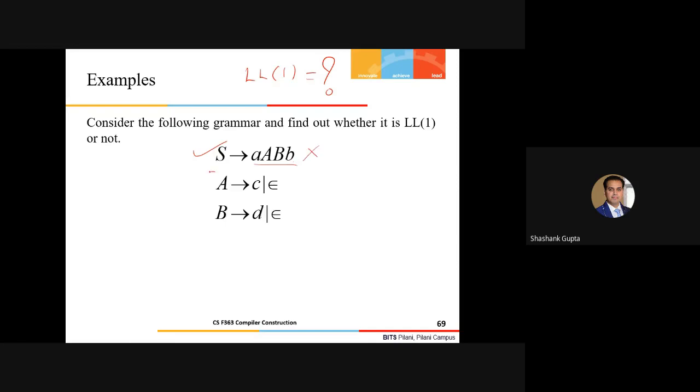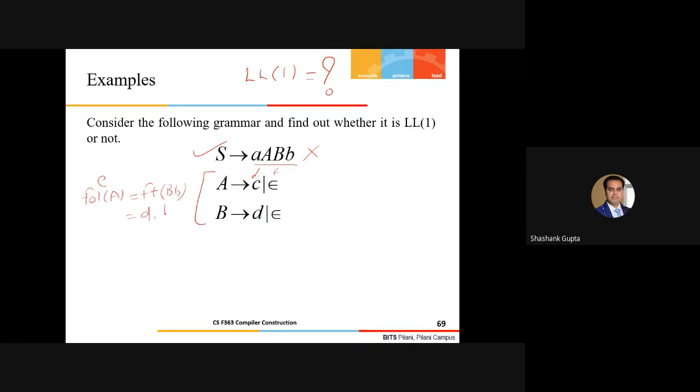I'll apply the rule on the rest of the grammar. So this is my alpha 1 and this is my epsilon here. First of C is obviously C, but A derives epsilon. That means I have to compute the follow of A here. Follow of A is nothing but first of BB, and first of BB means first of B. And first of B is D minus epsilon.